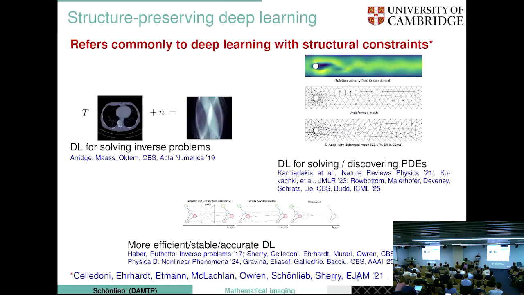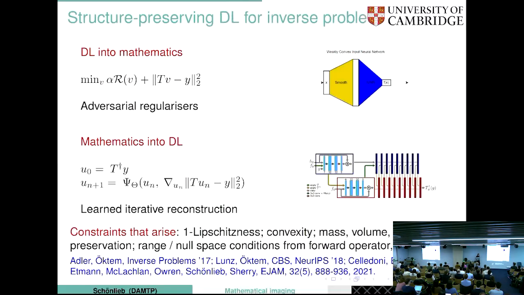And so a lot of the work in our group has been more in the kind of problems where you actually get nice structures. So whenever you're trying to use deep learning for solving or discovering PDEs, you get a lot of structures, as a matter of fact, because you get a lot of symmetries, you get knowledge of the actual differential equation that you can try to integrate into deep learning. And on a broader level, adopting such a point of view also leads us to create better and more efficient deep learning, but that may be of slightly less interest here. And the most interesting one is going to be this one, the one that I'm going to talk about. And in the context of inverse problems,